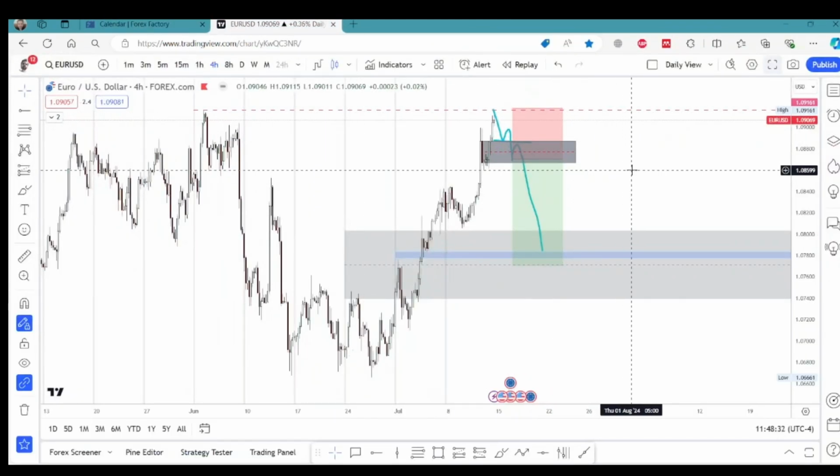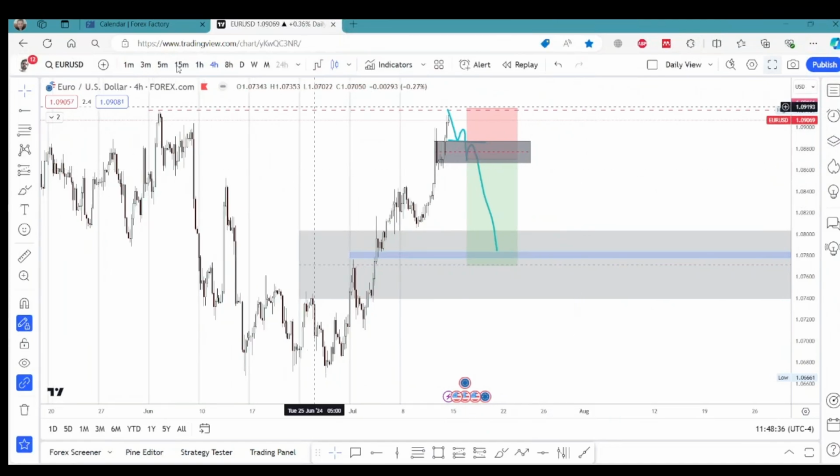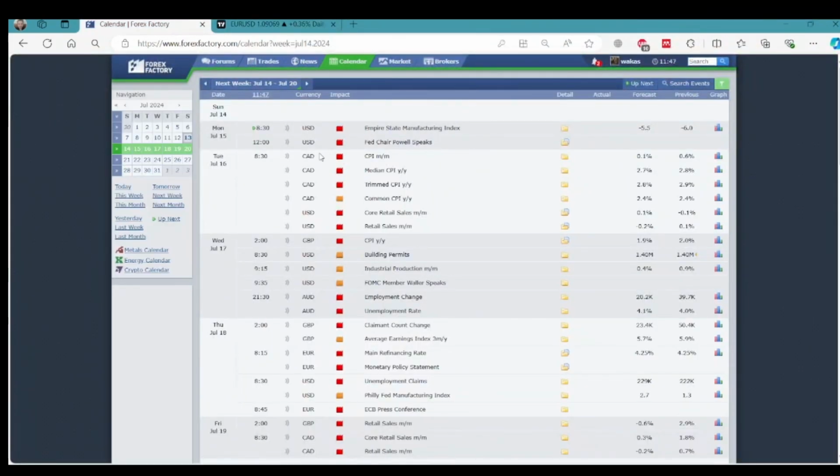But this is what I'm thinking, and probably the good time to take entries is after the news embargo is lifted. That is after 8:30 New York time on Monday. Don't do anything stupid in the London session. You might regret it. Similarly, after 8:30 on Tuesday, when the New York session would be up, I think probably if not Monday, then Tuesday is a good time.